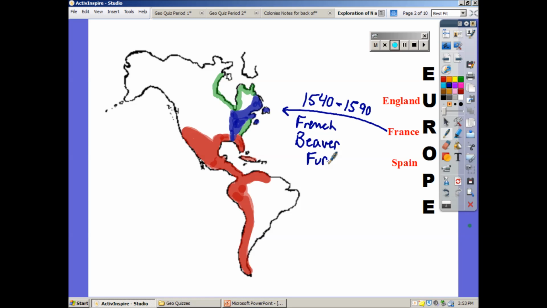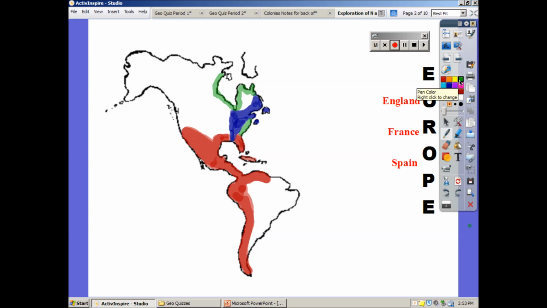Now, the last group of people here that are going to be traveling across this great Atlantic Ocean to try and find some place to settle is the English. And they say, well, let's get the leftovers. Look at this. Okay, who wants Hudson Bay, frozen most of the year and filled with polar bears? And then, of course, the leftover little piece of land stuck in amongst the Spanish and the French. And well, what can you use that for?